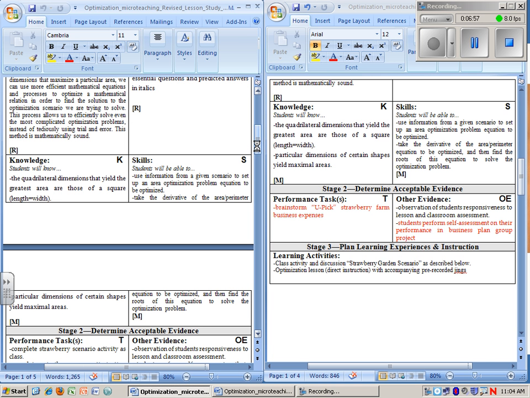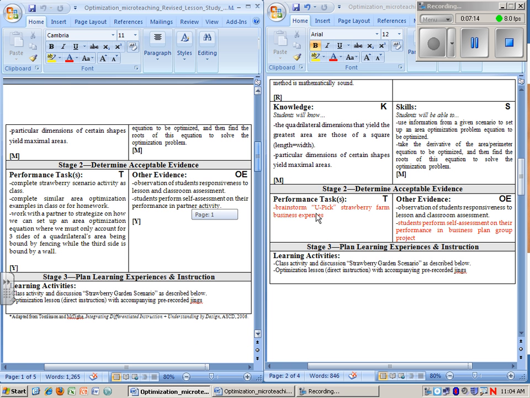Once this one scrolls down, I'll talk about the performance tasks. The new performance task would be the students brainstorm the types of expenses that a business would face. Before, the teacher was guiding that a little bit, and they would do it as a class, as an activity, and we decided maybe that would be better done by students in a group, in their business groups.